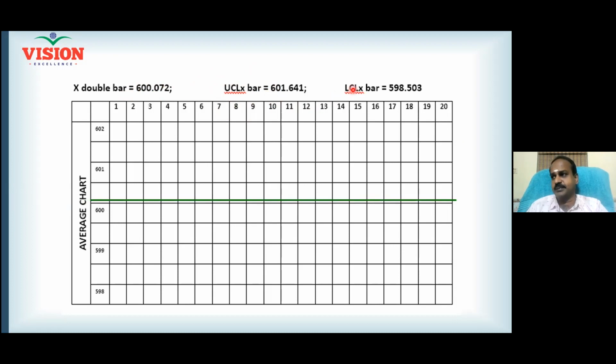So I plot the center line. I plot the upper control limit. I plot the lower control limit. Now, first point will be the first average. How many averages do you have? 20 averages. Every average represents one subgroup. Every subgroup represents the outputs you have produced in the whole shift. If one subgroup average is out of control, you can understand everything you have done in the shift is out of control. If that lot is sent to the market, the entire lot is definitely going to come back to your factory. Am I correct?